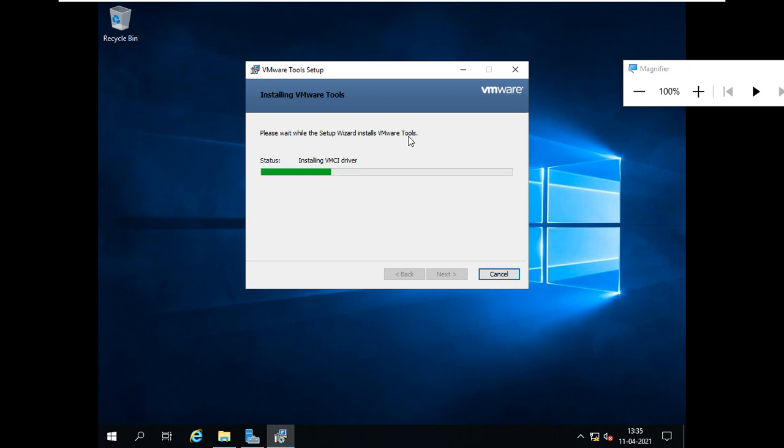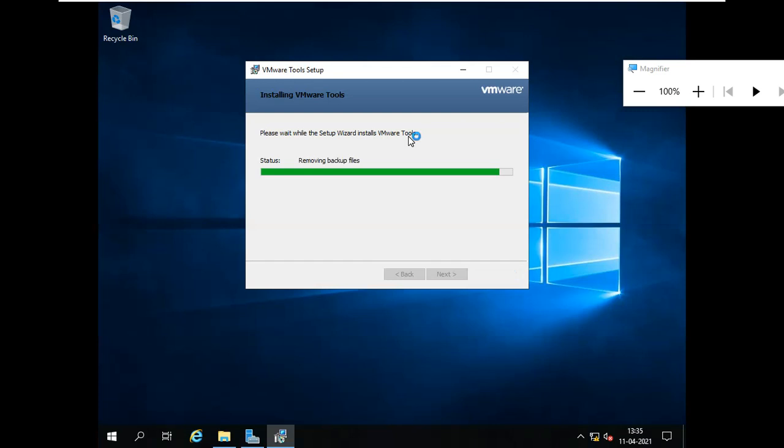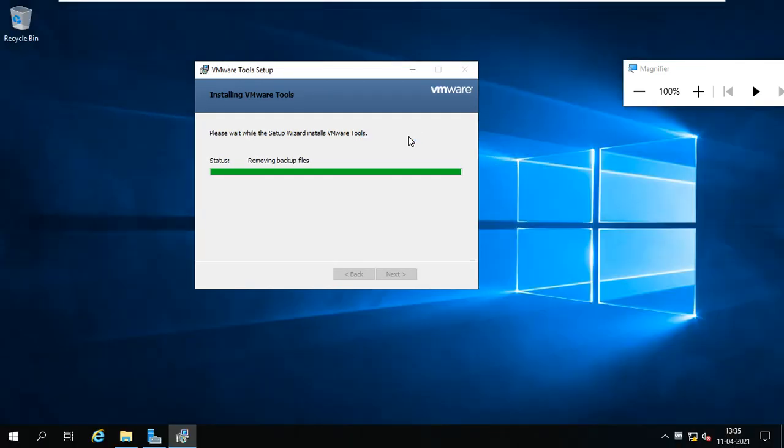I think you already understand why we are installing VMware tools: integrating your physical machine with the virtual machine, the screen size, driver understanding, keyboard and mouse integration, drag and drop from your physical machine to virtual machines like that. Yes, see, I got a full screen.